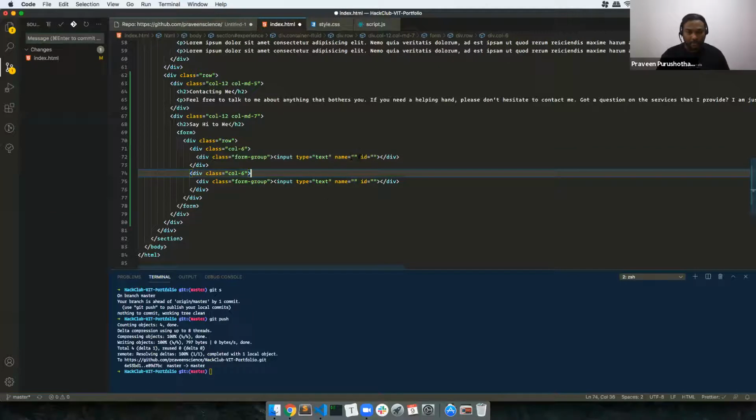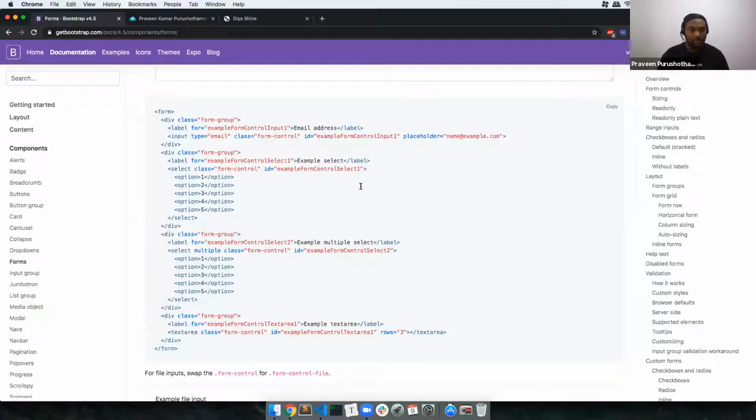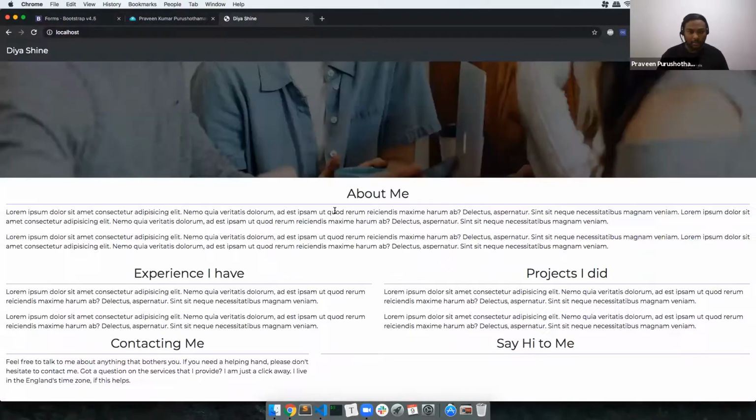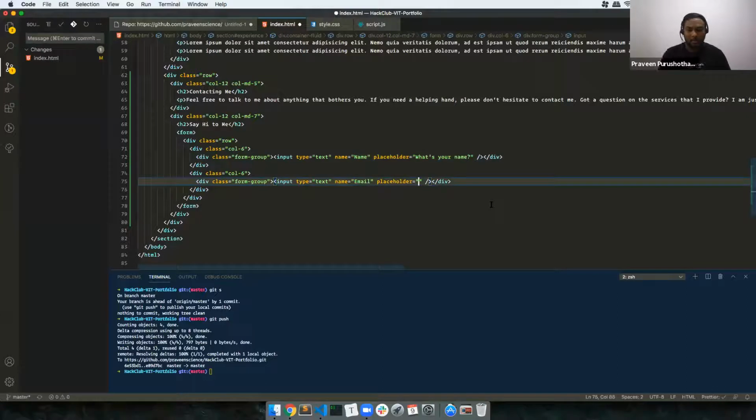Now I don't want these two IDs. So let's go here again: name, email. I'm going to give a placeholder: What's your name? Give me your email.